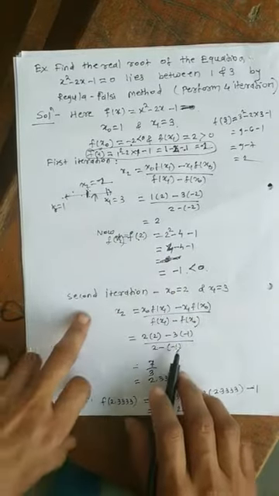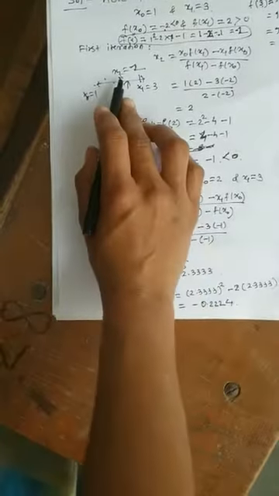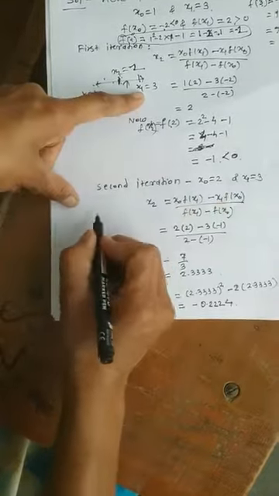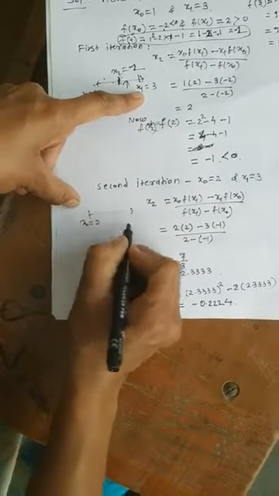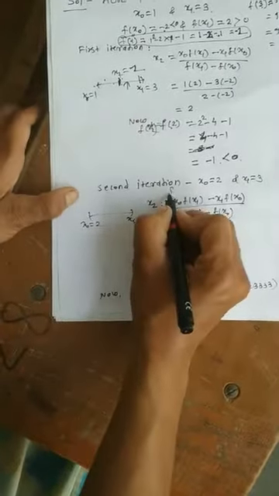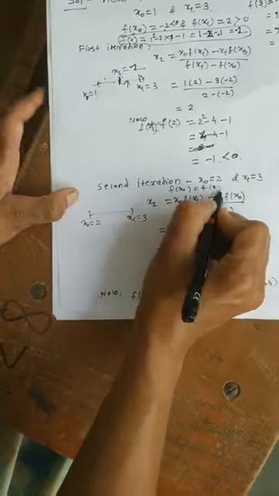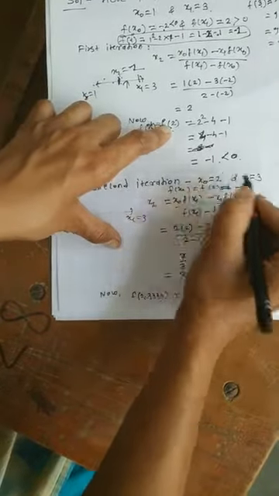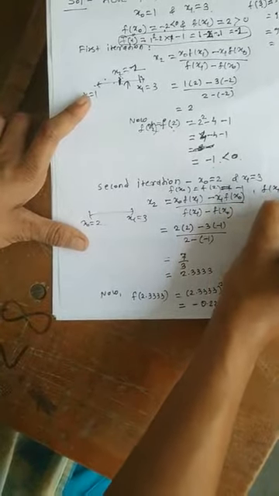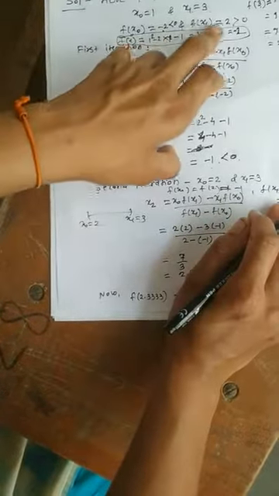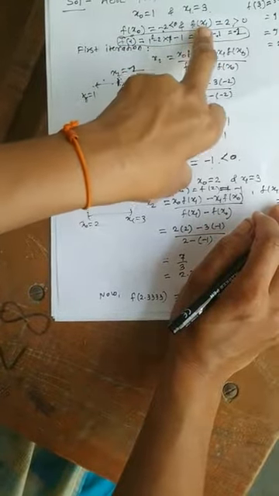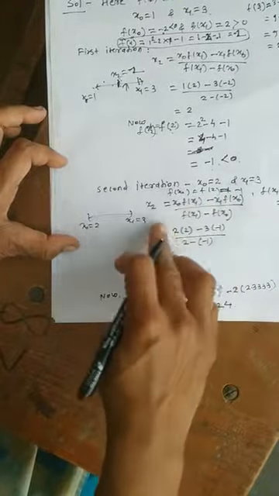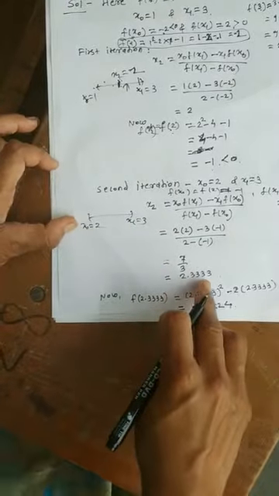Therefore we have the search interval x2, x1. Okay, so in the second iteration we take x naught as 2 and x1 as 3. So we write here x naught is equal to 2 and x1 is equal to 3. f of x naught we already found, f of 2, which is equal to minus 1, and f of x1 is f of 3, which is 2. So put these values in the formula, we get again x2 is equal to 2.3333.